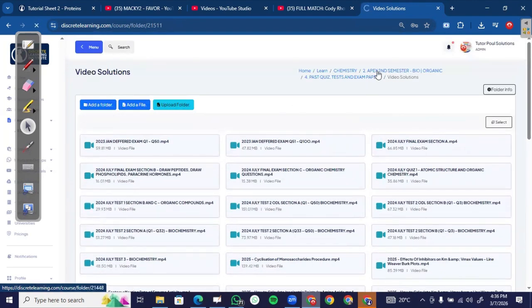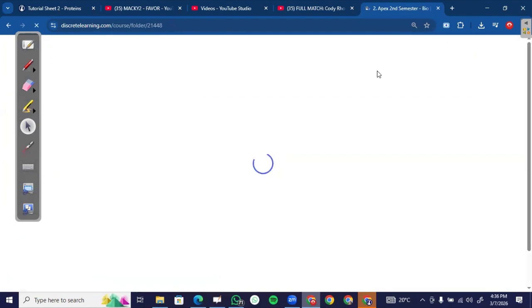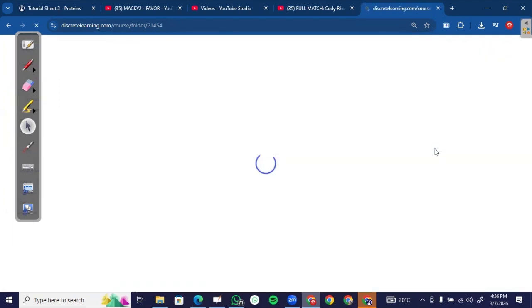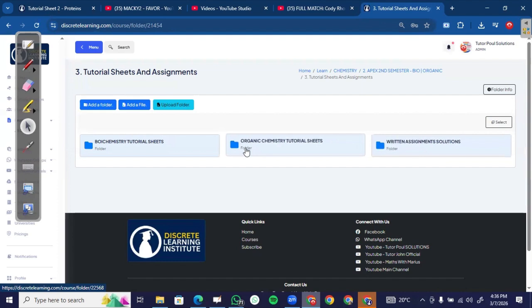And then if I go back to the tutorial sheet folder here, open the tutorial sheets and assignments, you see that I'm going to have biochemistry tutorial sheet here, organic chemistry tutorial sheet. So it depends with which one you start with. So if you started with biochemistry, just go here. If you started organic chemistry, just go there. So if I go in biochemistry tutorial sheets here,